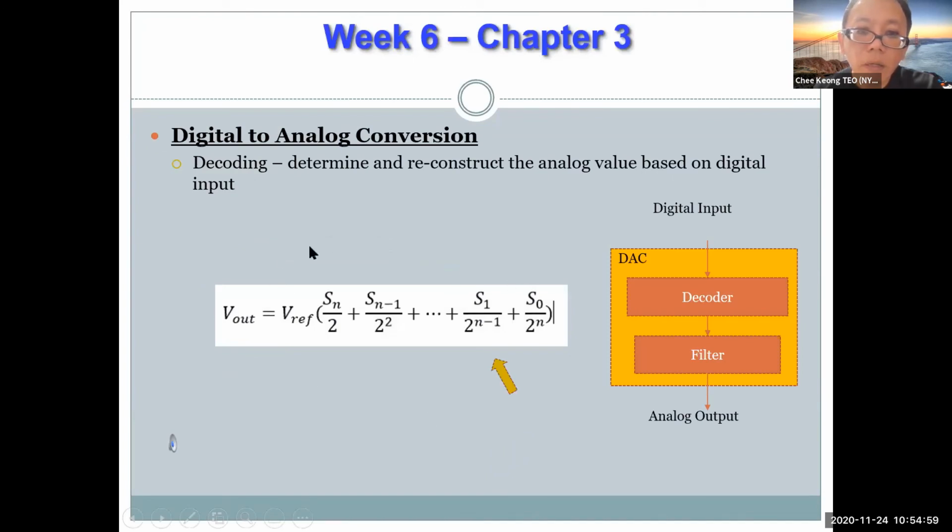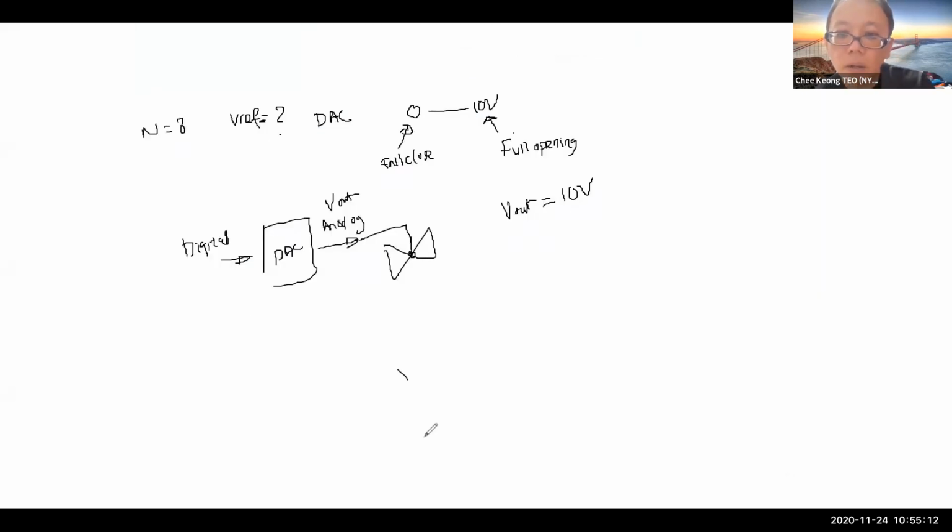This is V out equals V ref multiplied by the bits combination: S7 divided by 2, plus S6 divided by 4, plus S5 divided by 8,